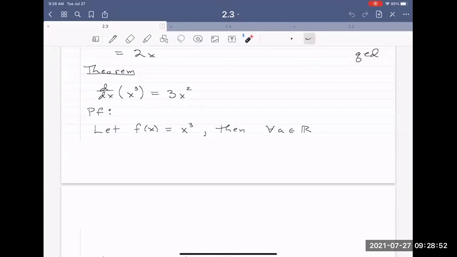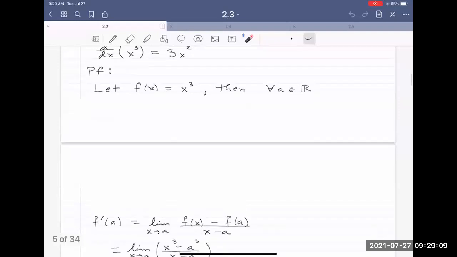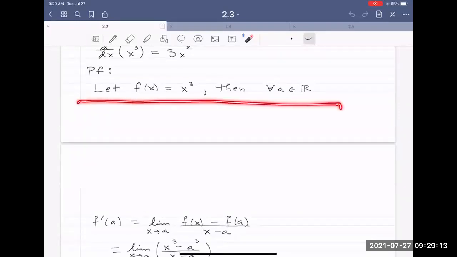Okay, let's do this. I guess I'm sick and tired of doing it the same way. So let's do the following theorem. The derivative of x cubed is 3x squared. Let f of x equal x cubed. Then for every real number a,